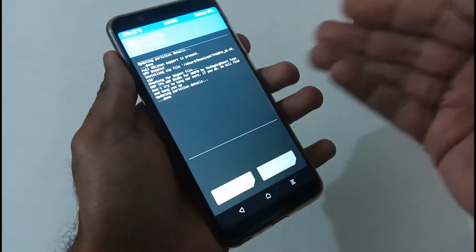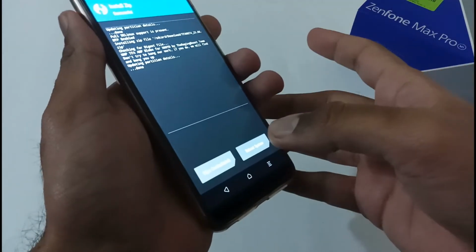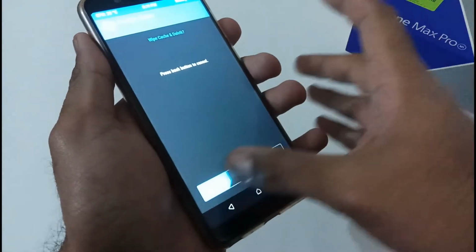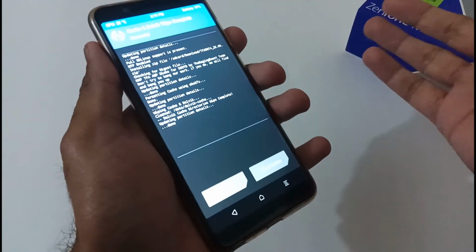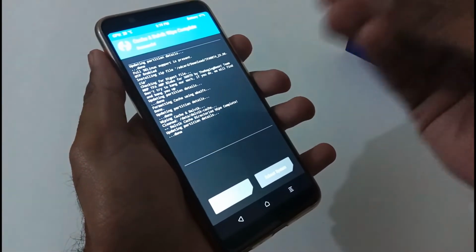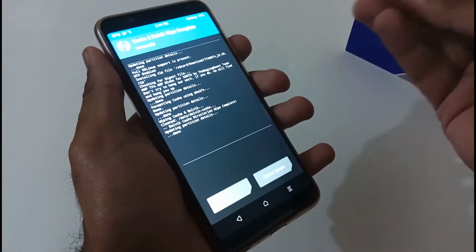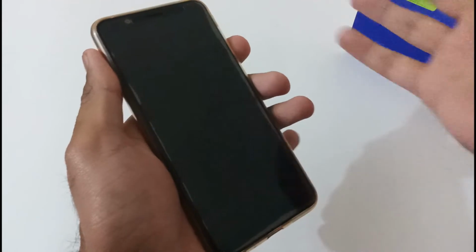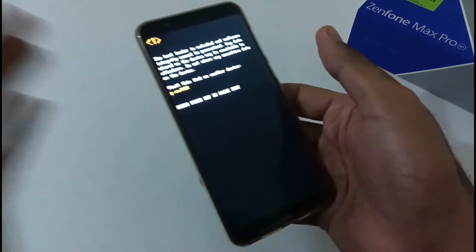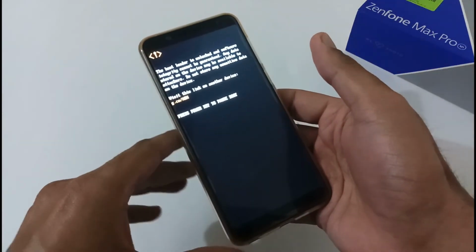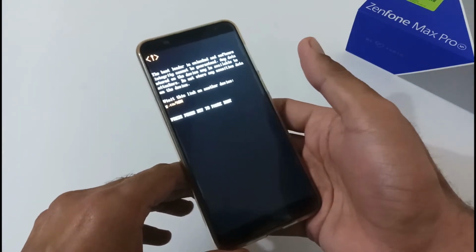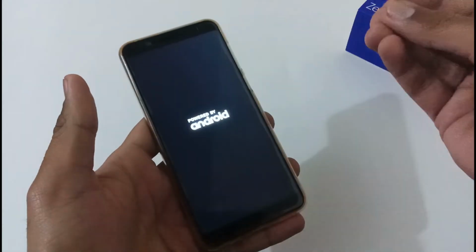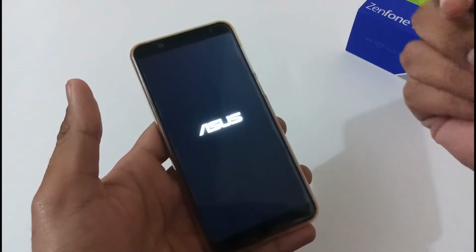Voila, it's done. Afterward, you have two options, either reboot system or wipe cache, but I recommend you do wipe cache and Dalvik. Then this utility will be installed on your phone, and you can check your audio using headphones, earphones, or directly without them. I can't show you the audio, because sometimes there are copyright issues and I don't want to use those things on my channel, because I'm just a budding YouTuber and I don't want to take any risk.